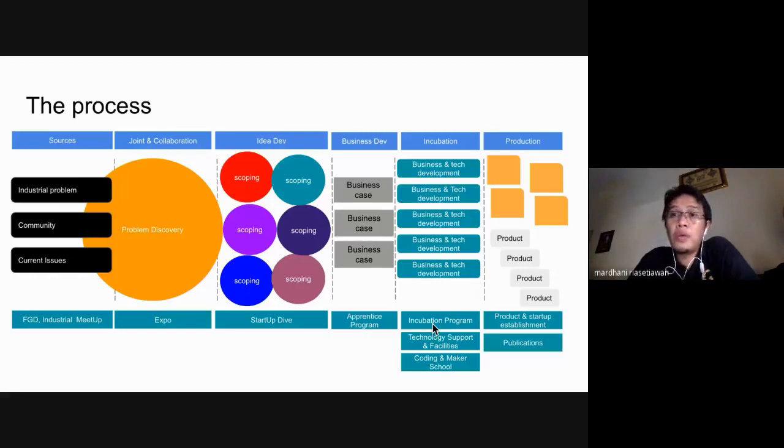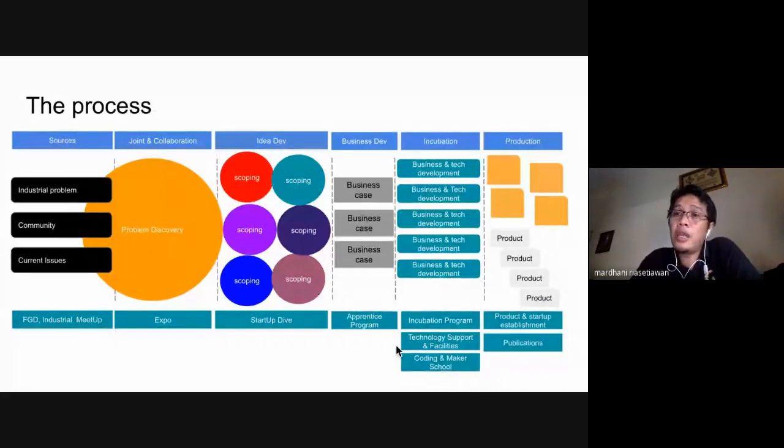Unfortunately, in our university we have a good program like Innovative Academy, but it's not good enough. I think it has several limitations that should be enhanced in the future. In an incubation program, incubation providers like angel investors will provide your idea or startup with technology and support facilities. They will give you some room, some tools, some access, a mentor, and also a small initial fund to establish your startup from the first stage.